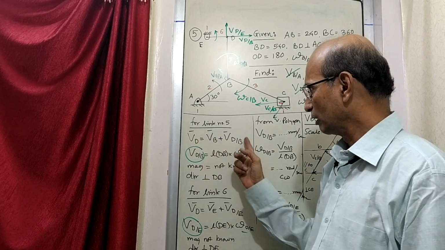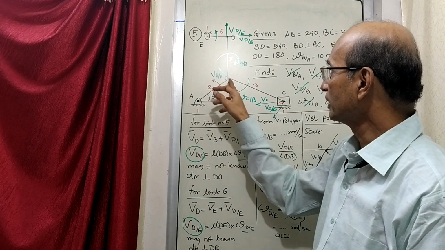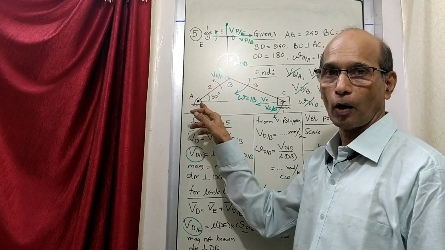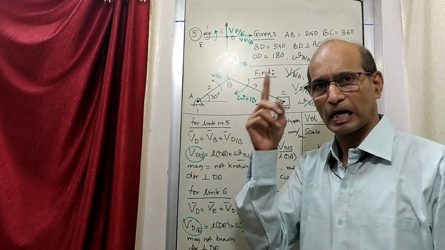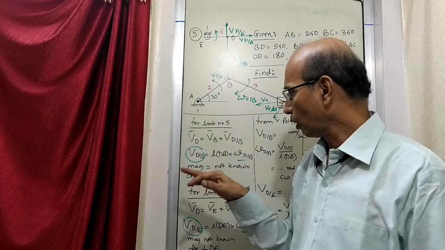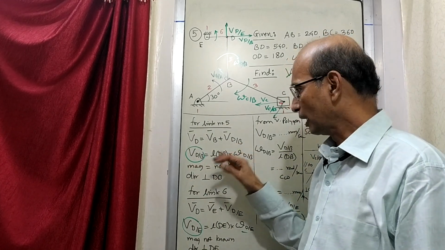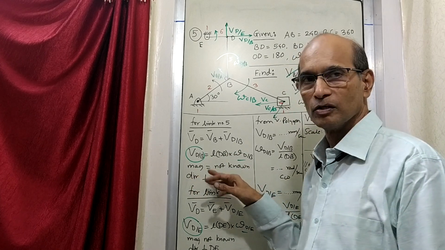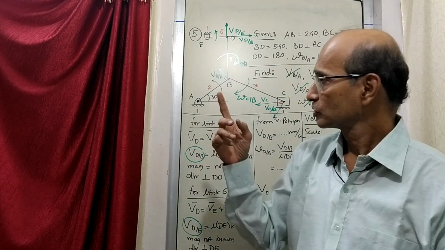So you will find that we have solved this problem by making use of the simple theory which we learned. We have learned only this much: how to find out the velocity of any point on the link with respect to a known point. This becomes the equation, and then it has got certain rules. At the start we had done 3 rules. One of the rules was this equation. Second rule was talking about the magnitude of this particular parameter, and the third rule was talking about the direction.